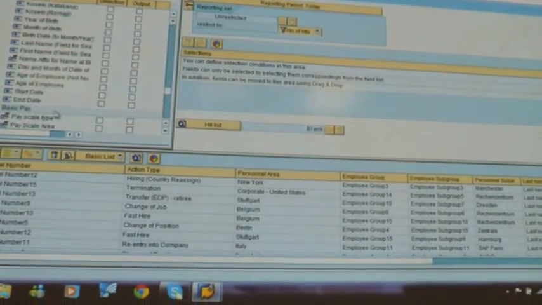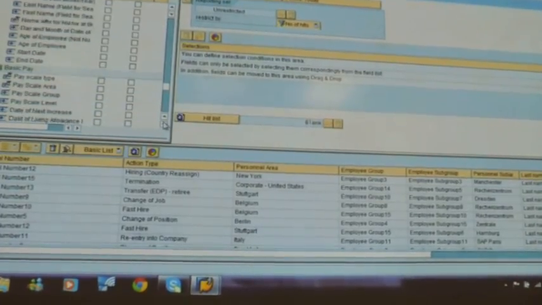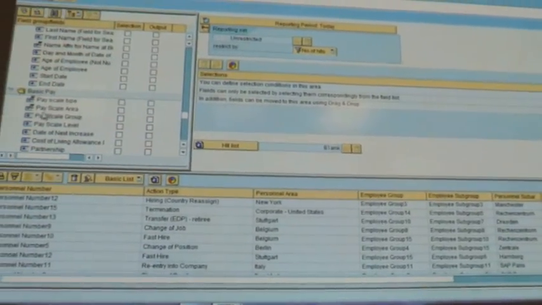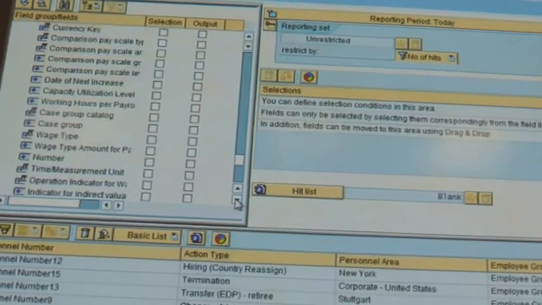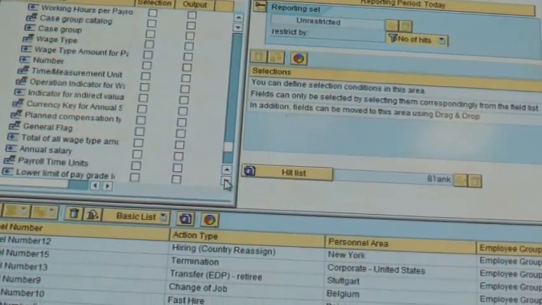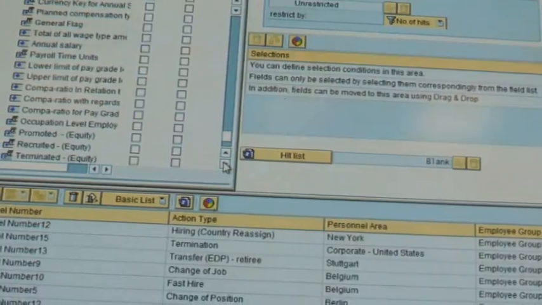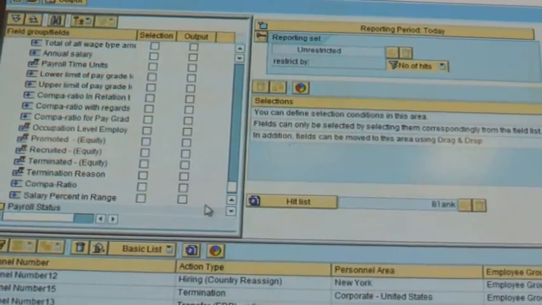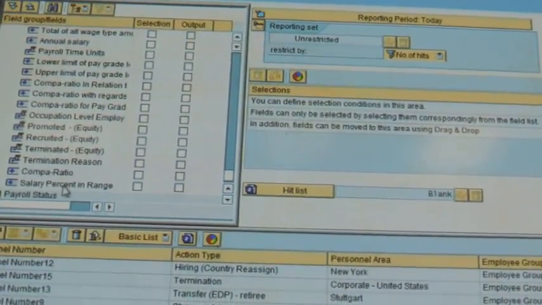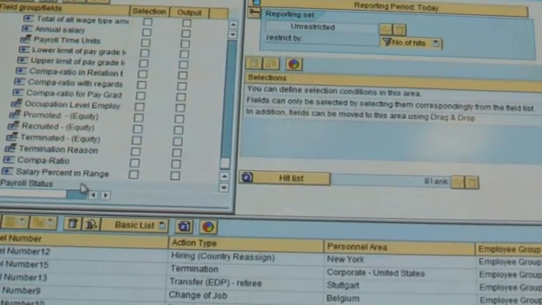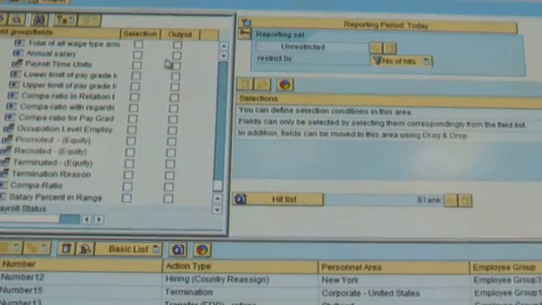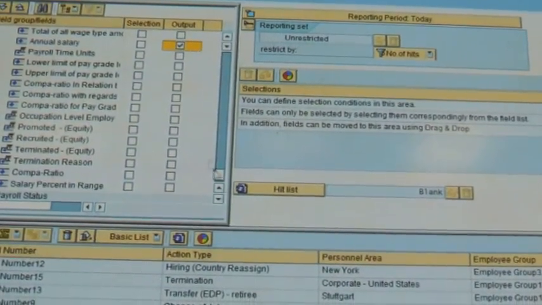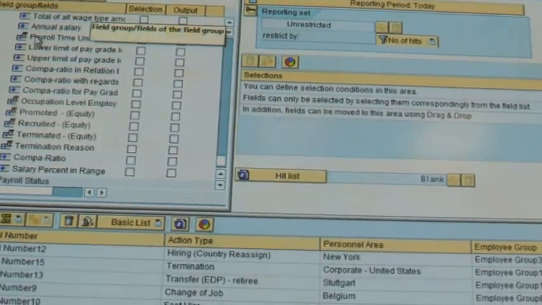Then we go to basic pay, and we specify the pay scale area. We take that as output. Pay scale type. And we want the salary percent in range. No, we want the annual salary, sorry. So we take that as the output. So taking all these,